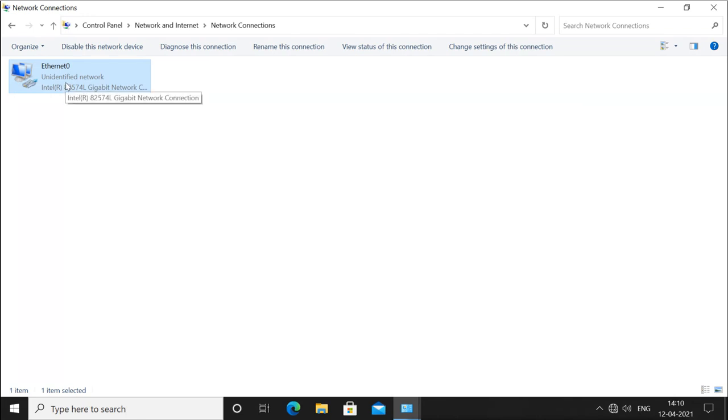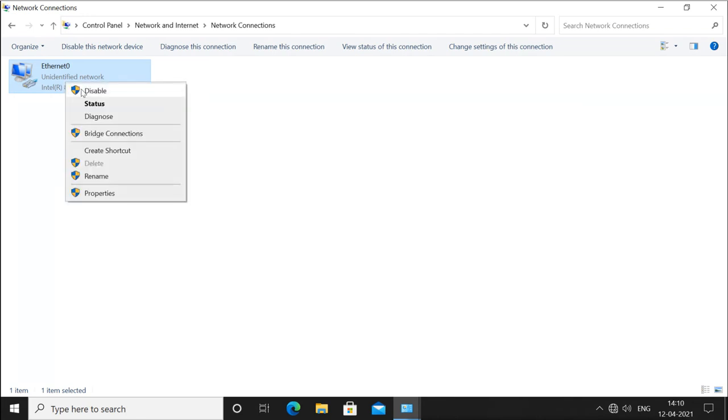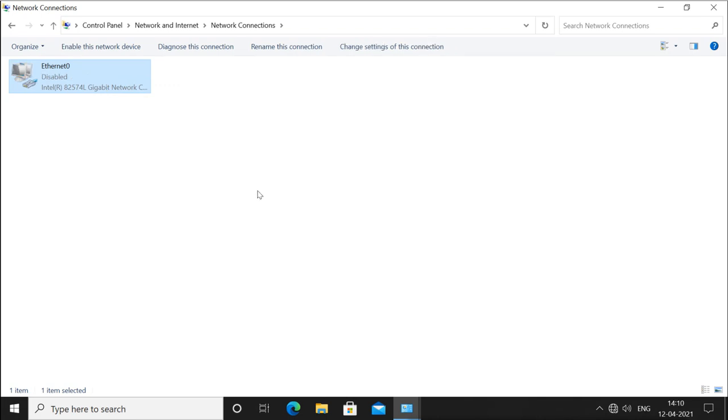You can disable your interface from here. So if you don't want to do the connection here, then you can disable it and your network is disabled, and if you want, then you can enable it also.